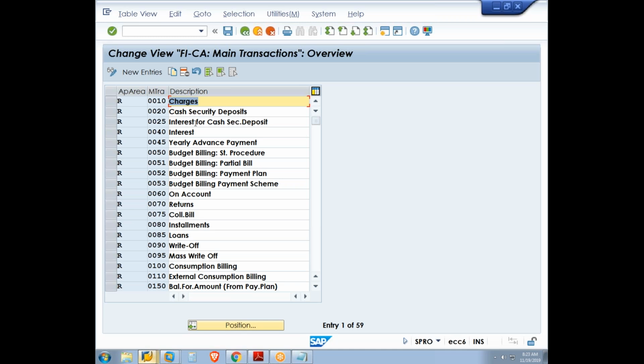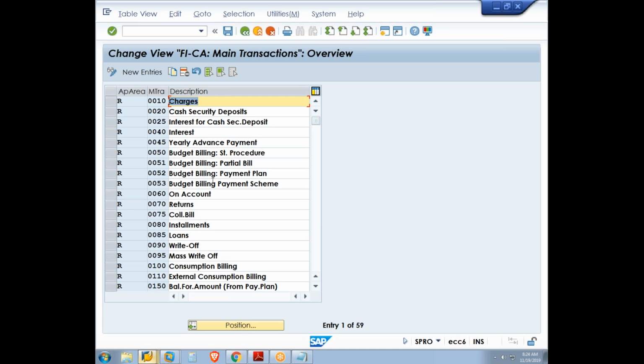But suppose there are some overdue items where the contract account holder has to make the payment, but they have not paid over a period of time, even after the due dates are over. We say that if any overdue items are there, we will charge you some interest. Naturally, these interest charges we debit to the contract account. So the interest itself can be debit or credit. That configuration you do in the interest calculation rule, but the description of the main transaction is interest. Like that, you can see 50 is for budget billing statistical procedure, 51 for partial budget billing,